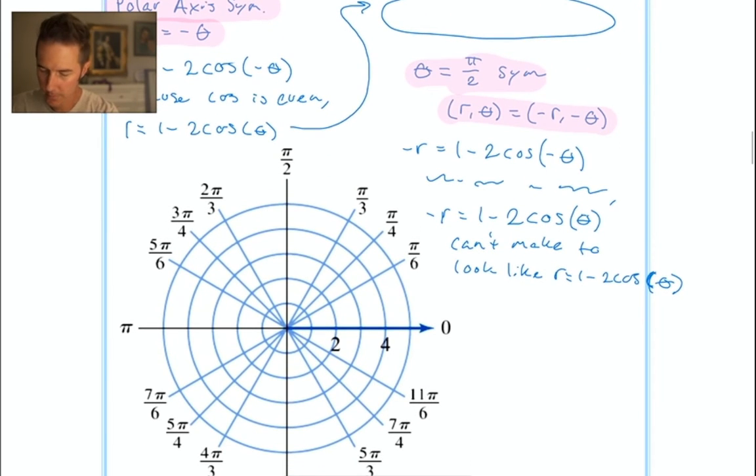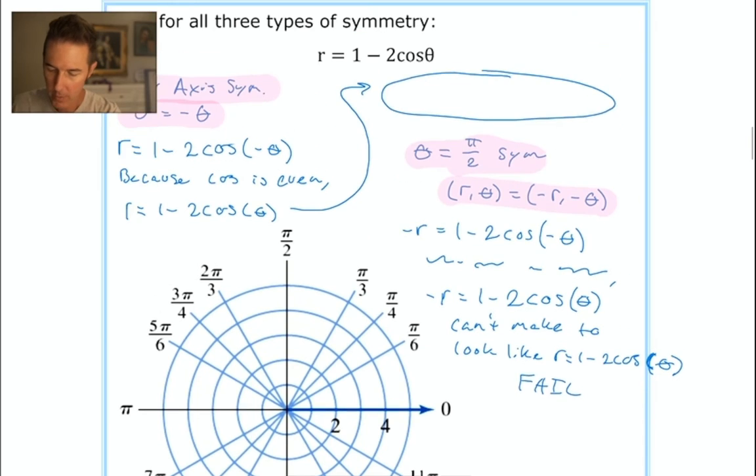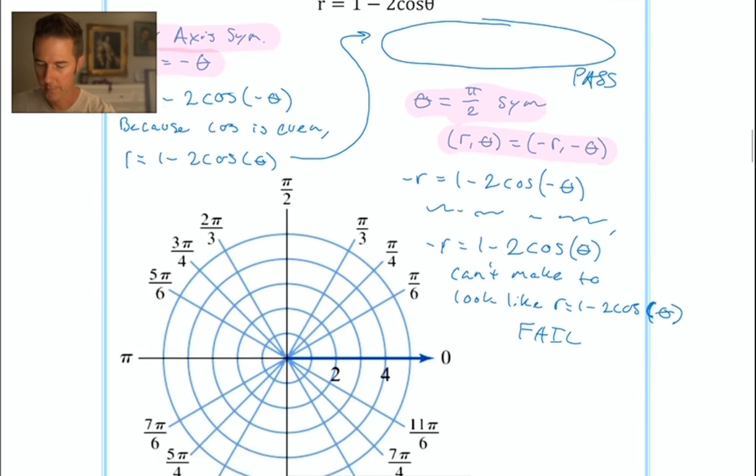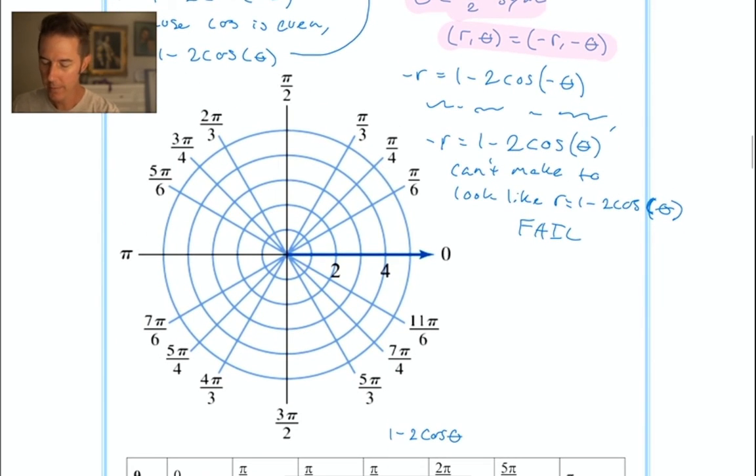Since we can't make it look like the original, maybe just write fail. Over here, we can write pass. Depending on what you wrote in there, if writing the word pass up there is helpful, then you should write it in. Okay, the last symmetry test, we have